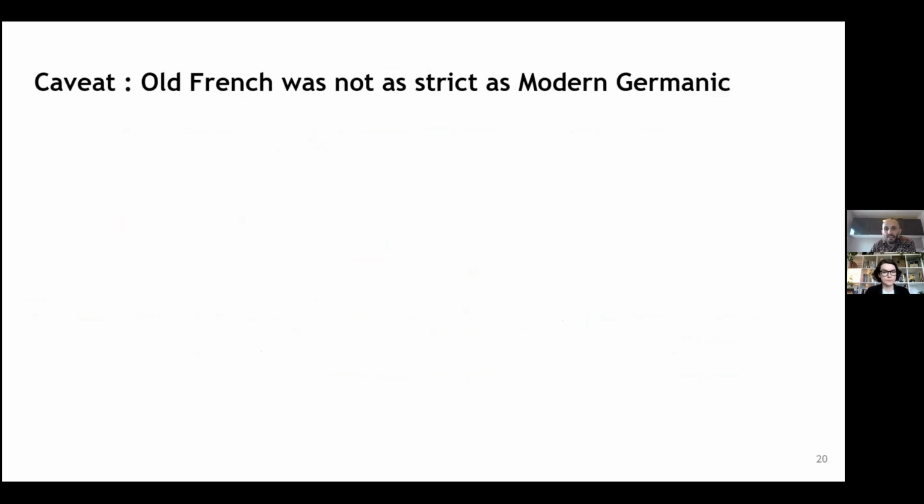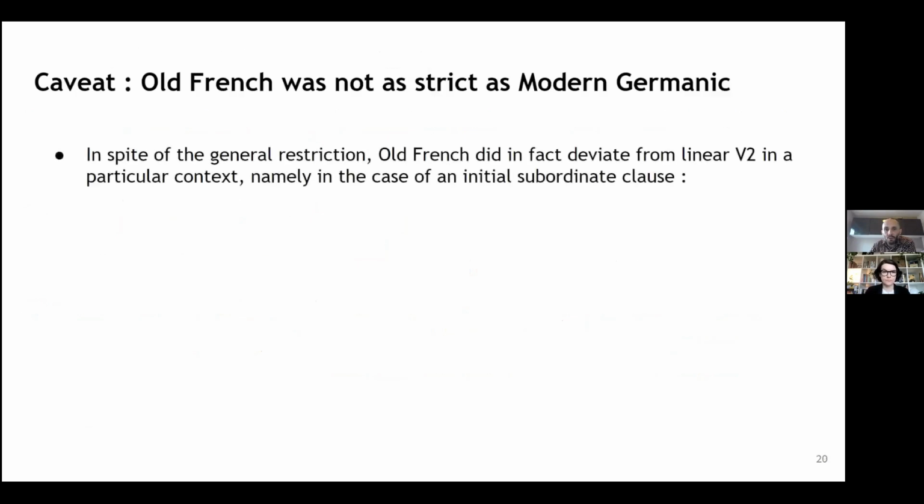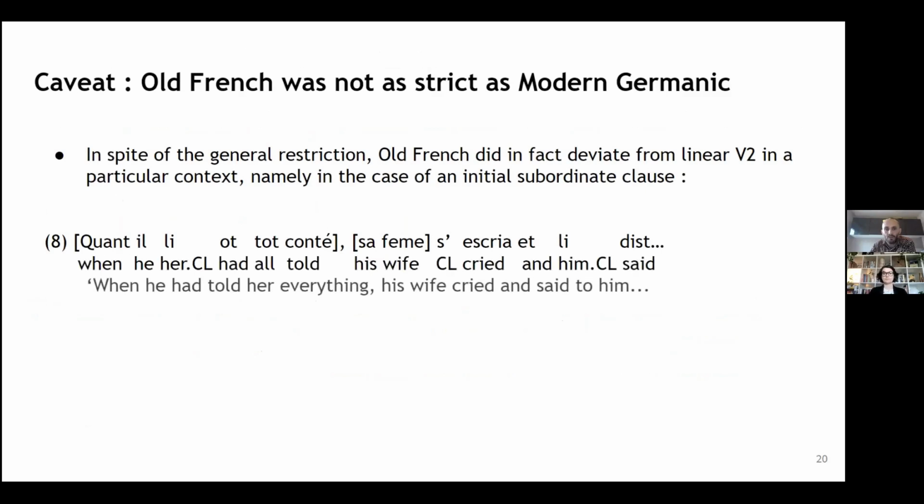And before I go on to that, just a little caveat. Old French was not as strict as modern Germanic because in spite of the general restriction, there was in fact a deviation from linear V2 in a particular context, namely in the case of an initial subordinate clause. So this is what you find a lot in Old French. "When he had everything told, his wife cried and told him,"